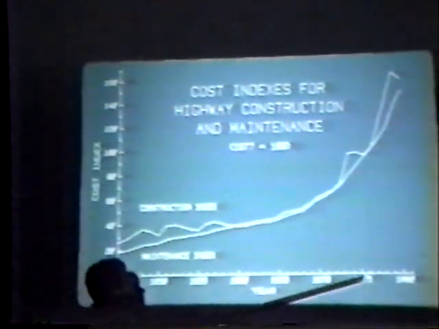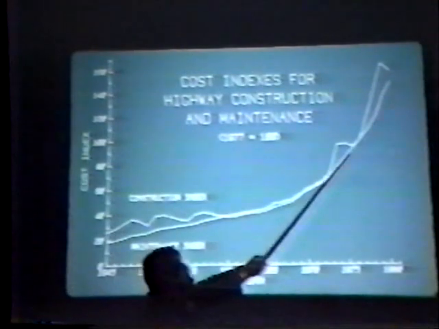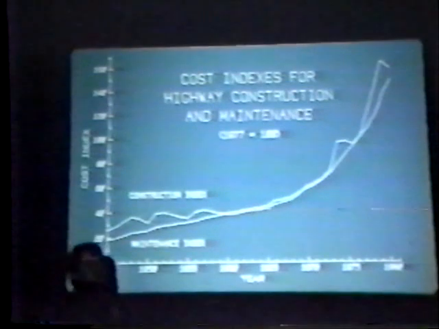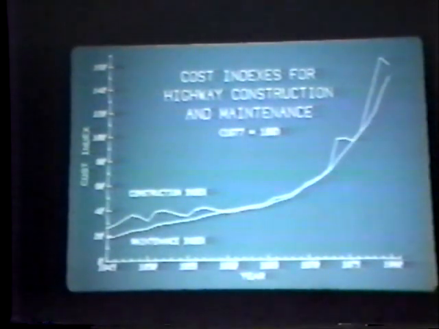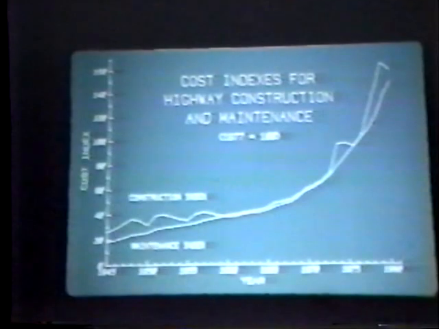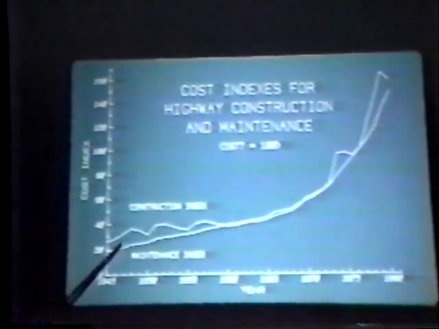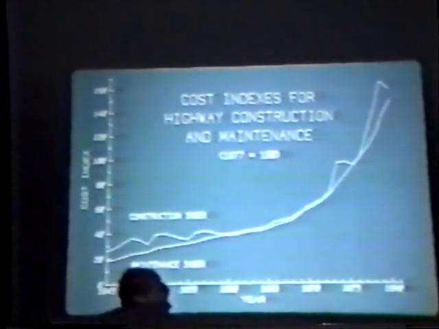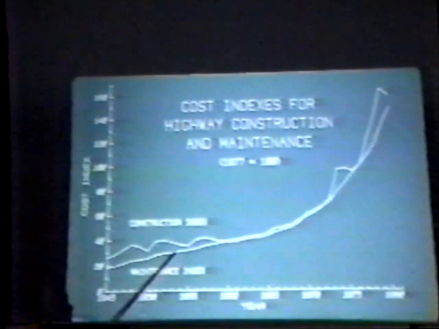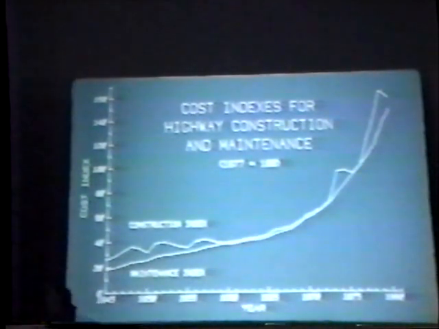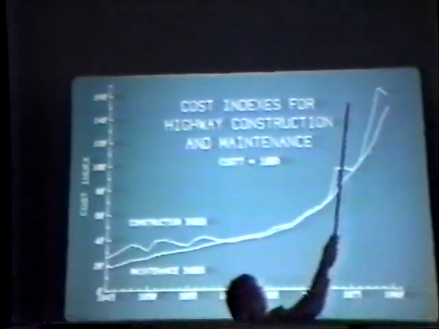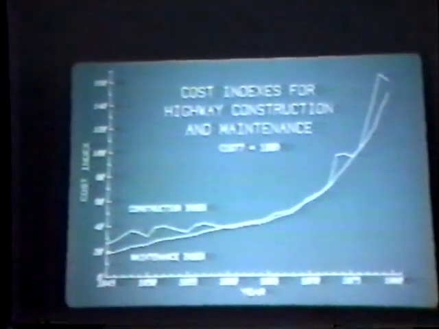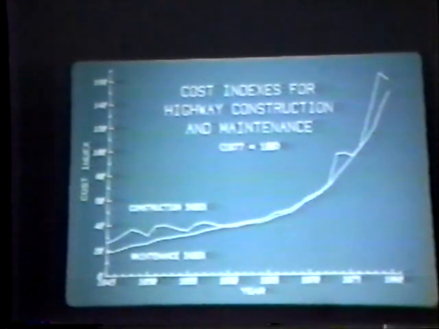In 1977, we had a cost index of 100. By 1981, we had a cost index on the order of 160, a 60% increase in 5 years' time in the cost of doing business. The thing I want you to see is, look at the long-term relationship here. 1945 to 1981, and nowhere really is there any significant regression of this curve. A little bit of a twitch here, a little bit of a twitch here, but by and large, over time, and this is a long time span, inflation has been with us, and folks, it's going to continue to be